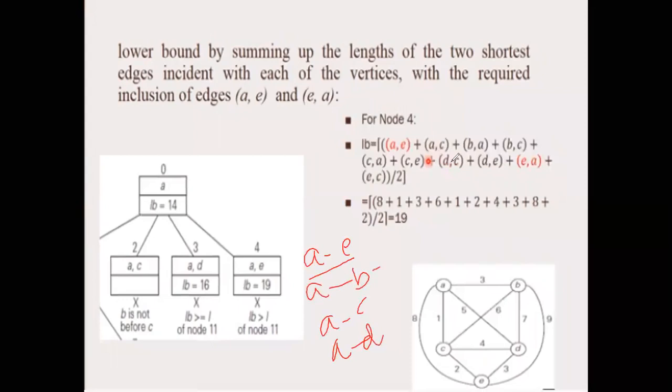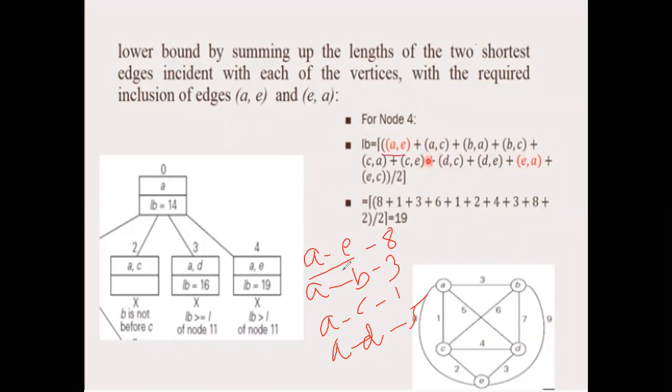What is the cost of A to B? Cost of A to B, the distance over here is 3, here it is 1, here it is 5. So A to E is what? A to E is 8. Even though it is maximum, we need to consider because we are telling we are having a path from A to E. Correct? So did you get this point?